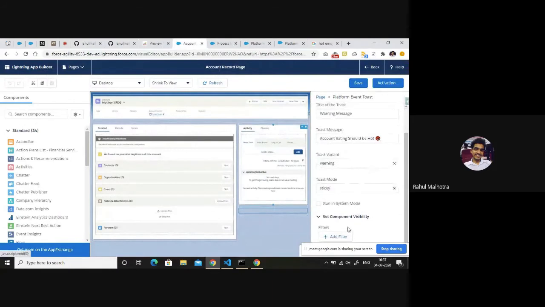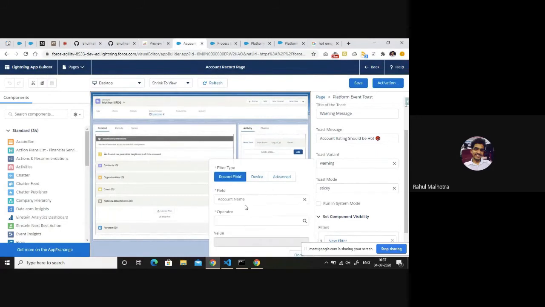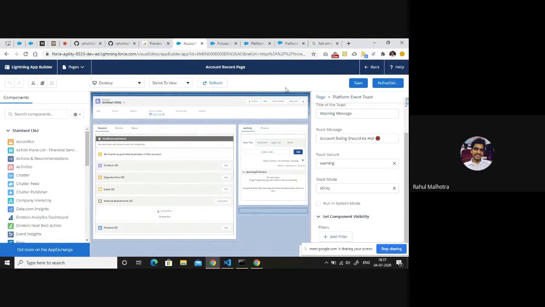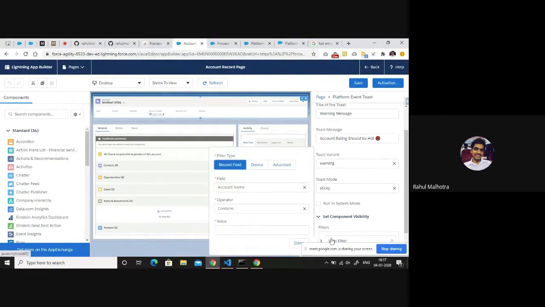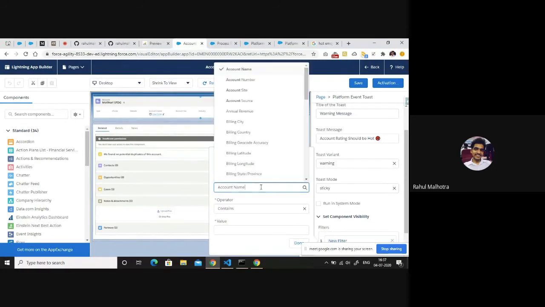If you want to show a warning message, you can simply set up filters: if my record field is this, then I'll show this particular message. But one limitation that I found in setting up the Lightning component visibility was that I cannot set the filter using the related object field. So let's say I want to specify.